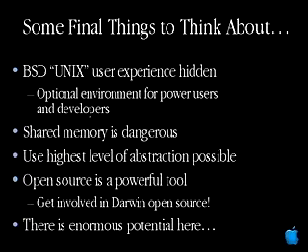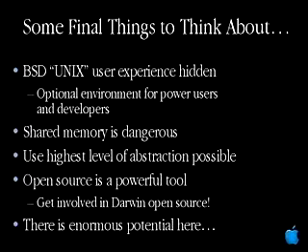Open source is a powerful tool. As I mentioned, all of this technology is open. You can get the source to it today. You get on the Darwin website, you can look at it, you can build the system. It's actually possible to build a version of the kernel that you can replace with your existing DP4. There are only a couple of pieces that aren't included, and those tend to be drivers, for example, that we don't own the rights to, things like Adaptec drivers. But all the other key technology that's part of the OS is available as open source.